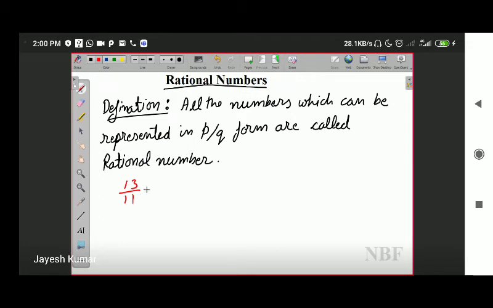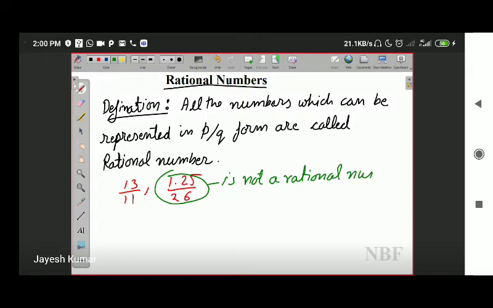Okay. Once again, I have another number, 1.25 upon 26. So we can easily say that 1.25 upon 26, once again, is a fraction. But this number is not a rational number. Why is it so? Why is 13 upon 11 a rational number and 1.25 upon 26 is not a rational number? The difference between both of the numbers is this and solely this, that